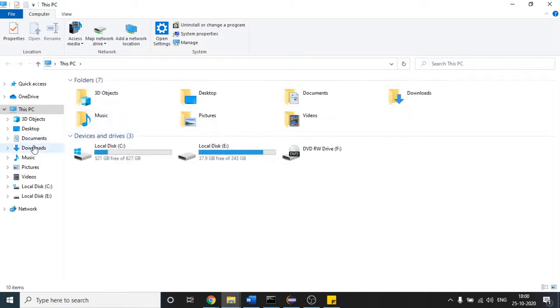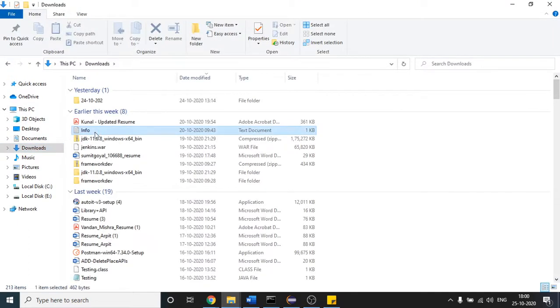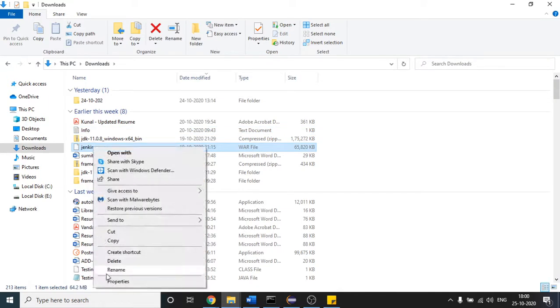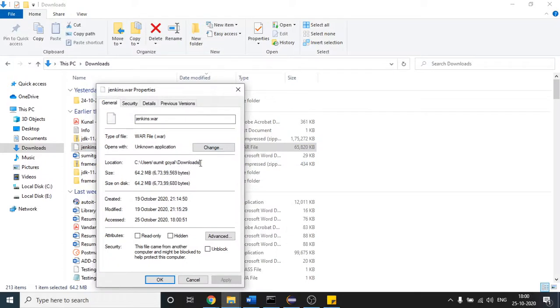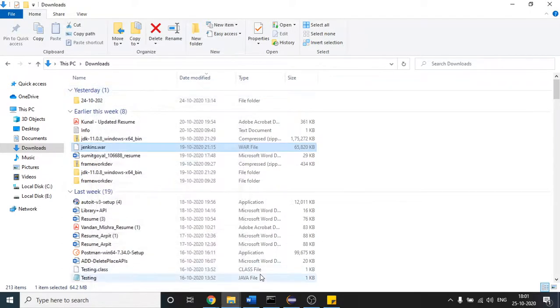So click on downloads. This is the file, I'm already having it. Once you find the path, copy it, click on properties and see where this file is present. So this file is present here. If you want to install that Jenkins in your machine,